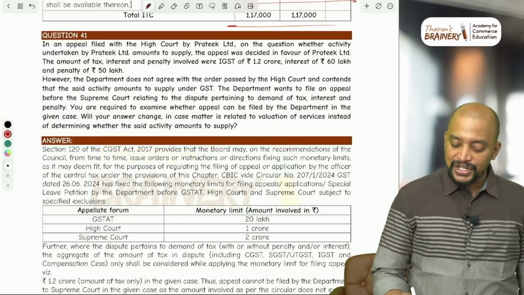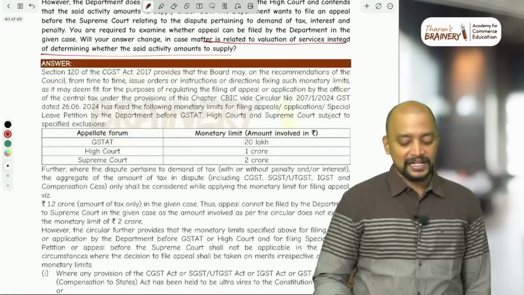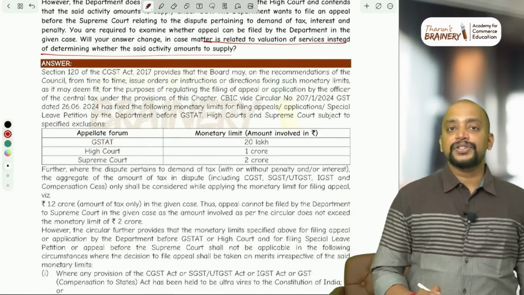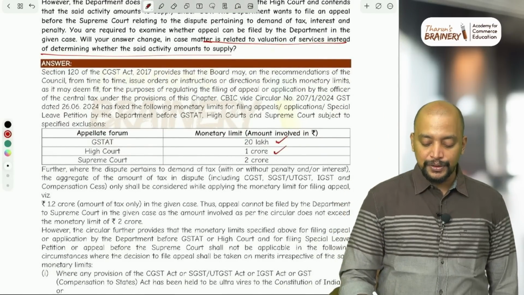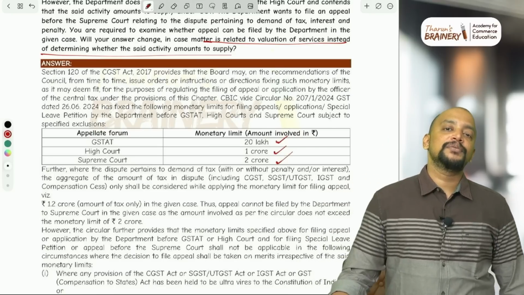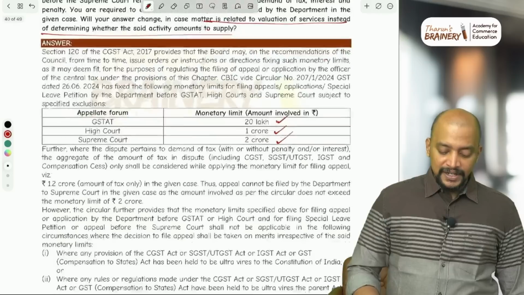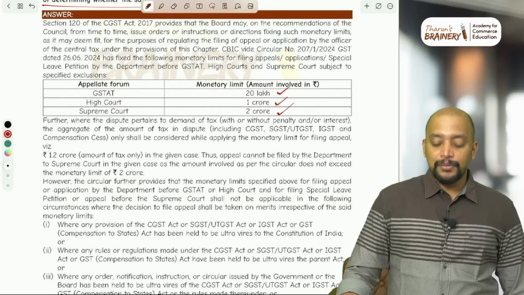Will your answer change in case the matter is related to valuation of service instead of determining whether the said activity is supply? First, so for GST Appellate Tribunal 20 lakhs, High Court 1 crore and Supreme Court 2 crore. That is the monetary limit. If you are crossing that monetary limit only, you can go for appeal. Okay. Further, where the dispute pertains to demand of tax